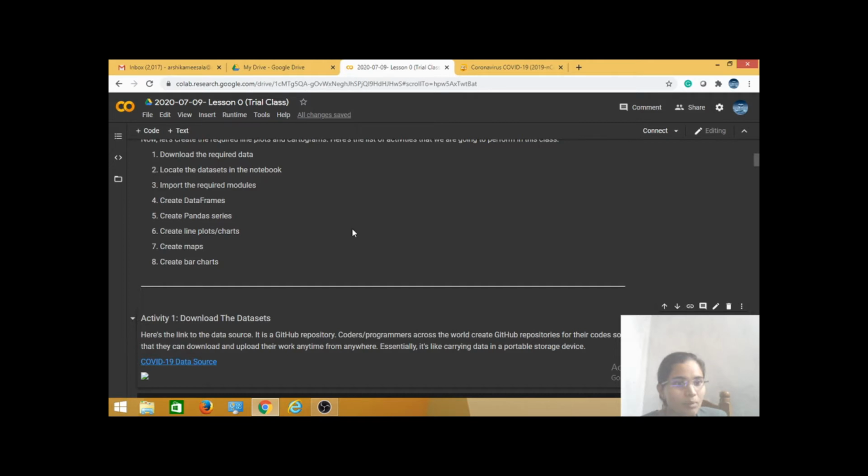This is a very important concept when you are creating data frames, because whenever you are accessing the table, there are different data types. There may be strings, numerical types, float values. To support all types of data, we need to create the series. So after creating data frames, we have to create series.